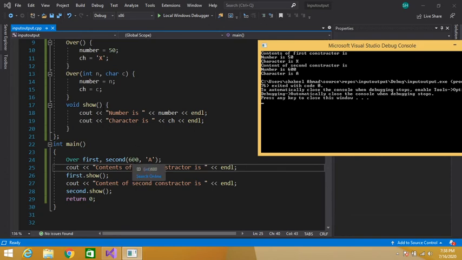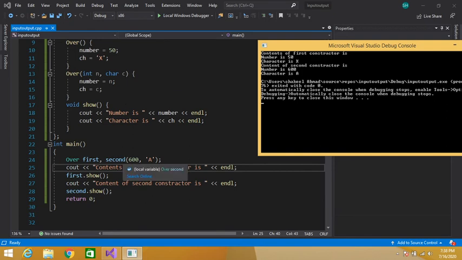We are passing this 600, so it will be passed here. So n contains 600, so 600 will be assigned to number, so number will now contain 600.